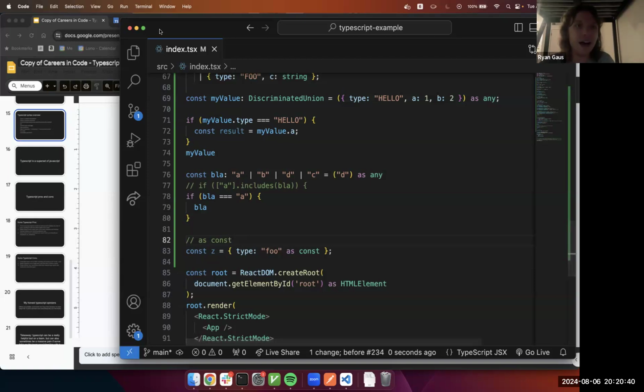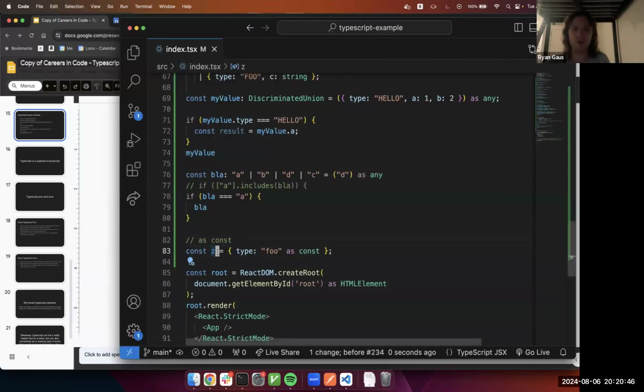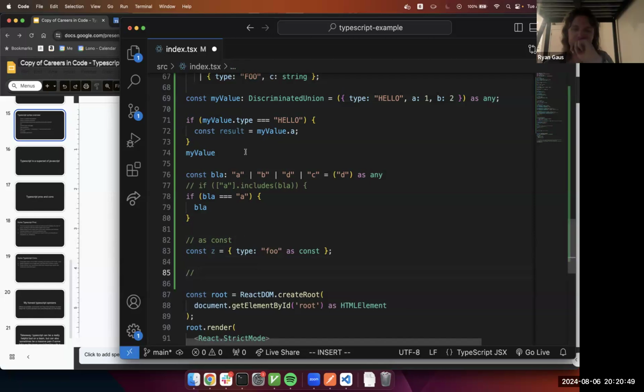Okay. Did I have anything else here before talking about generics? I didn't. Oh yeah, there was one other thing I wanted to talk about. What is this called? I guess like type plucking maybe. I don't know what this is called. There's got to be an official word for it. But